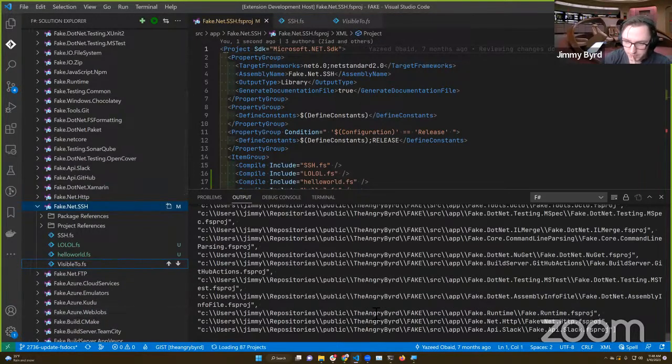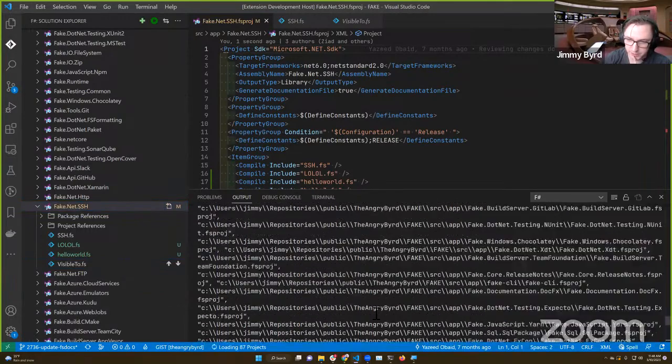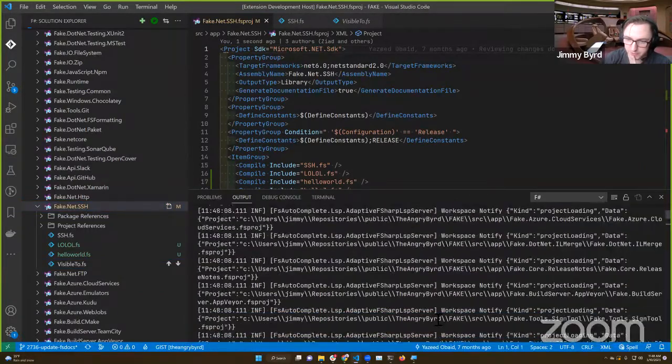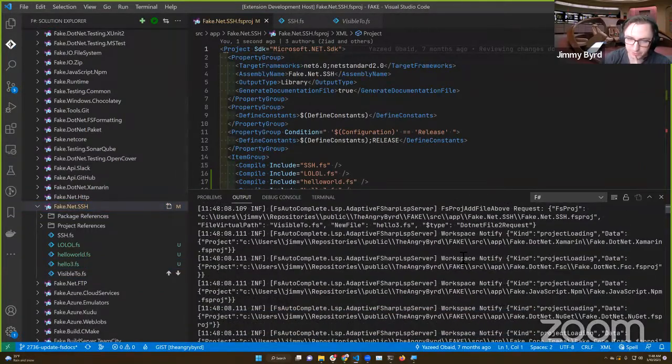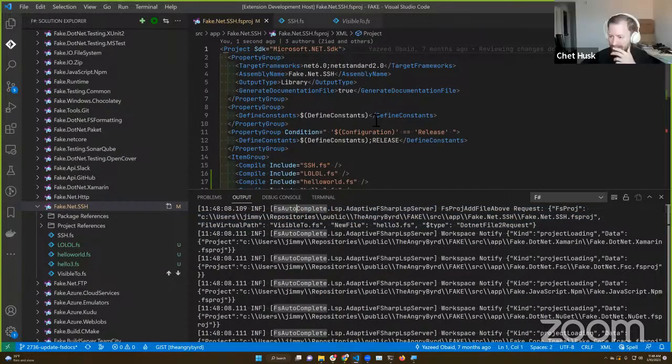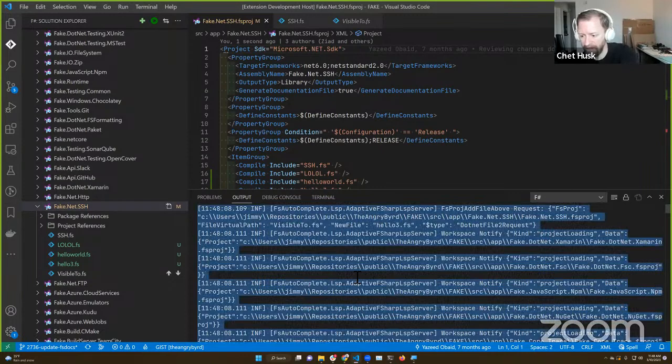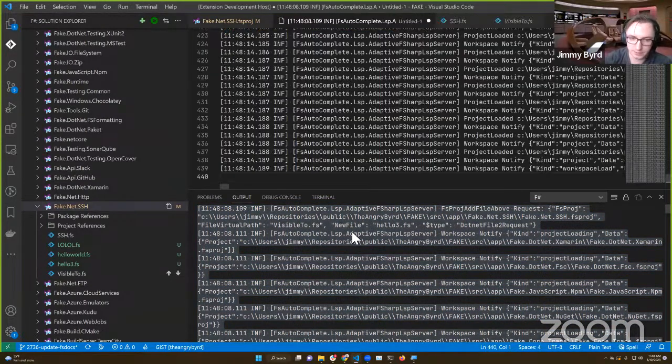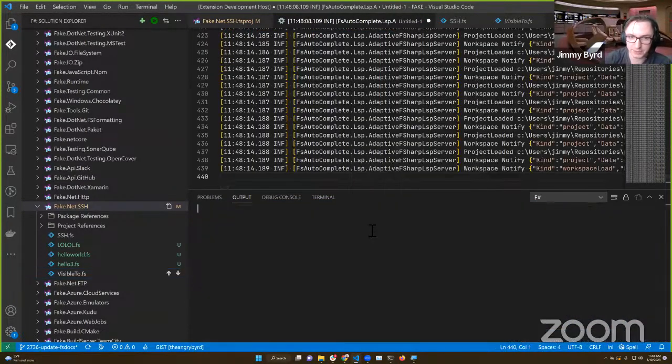So this did change. What happened here is these logs are saying these functions changed or these things changed, but we're not actually loading the projects yet because of the lazy nature of this. But you can see that it definitely did send up the request. Now we've got all these project create loadings. Let's take those logs and put those aside. I'm going to clear the output, and then I'm going to try to get type check information.